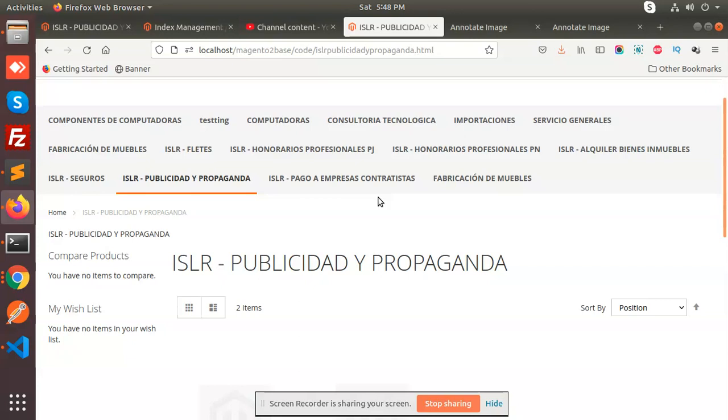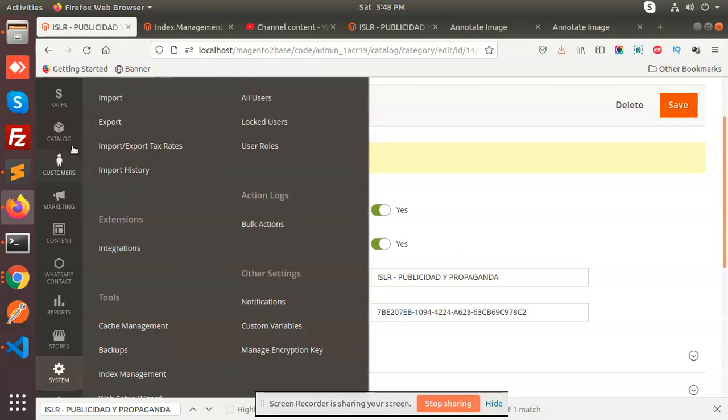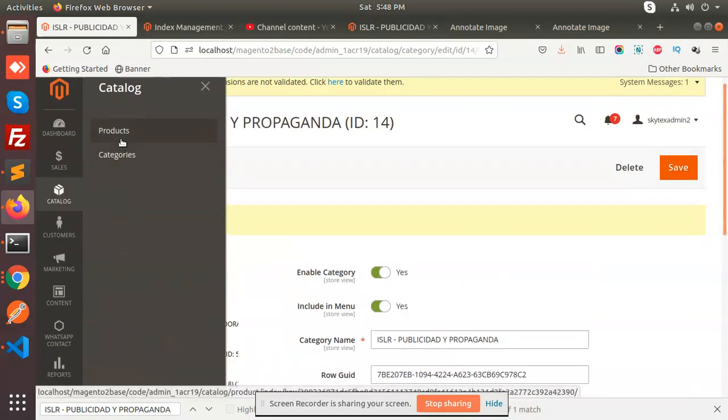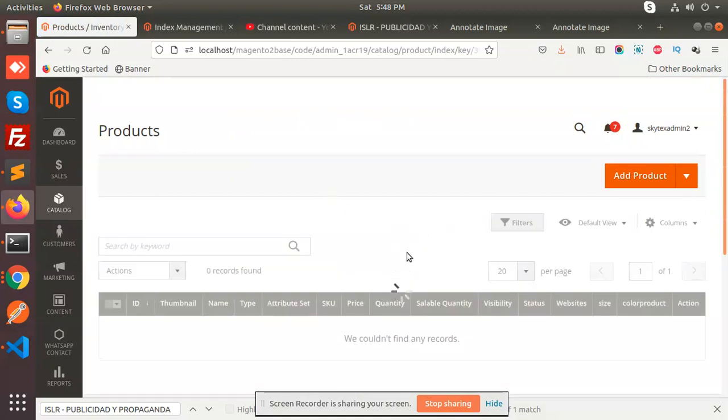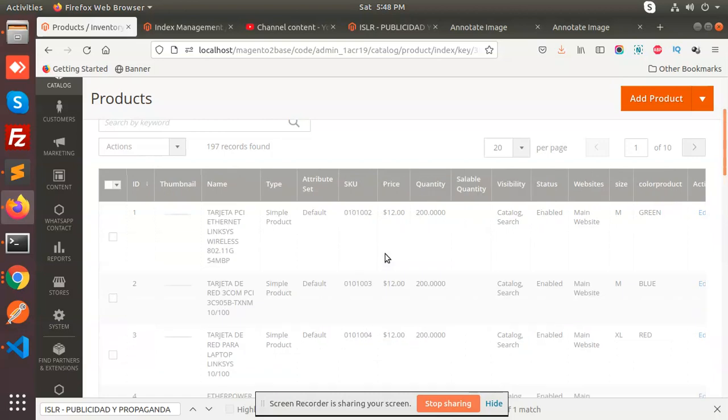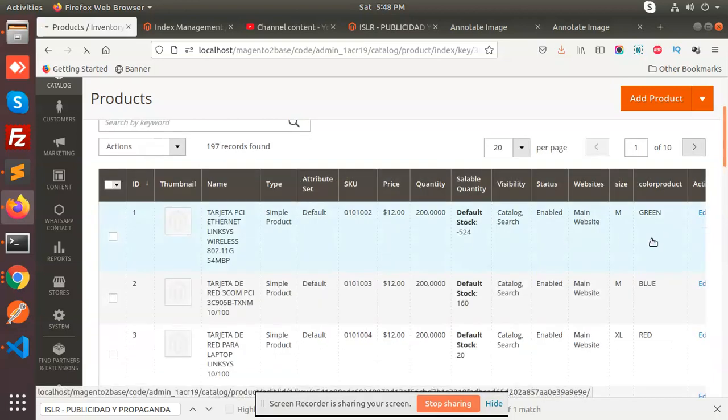Also, sometimes when we import the products, we are wondering why this product is not there. We have already added the categories there. The second main issue is this: when you go to the products catalog and go to the products, I will explain. I also found the issue, and I took so much time to get to know what exactly the issue was. If I go and click edit,